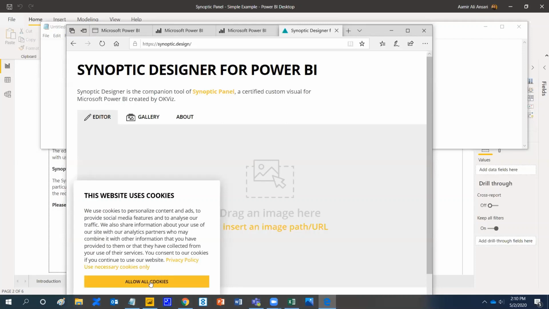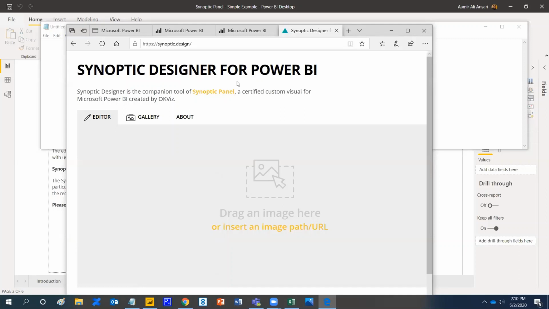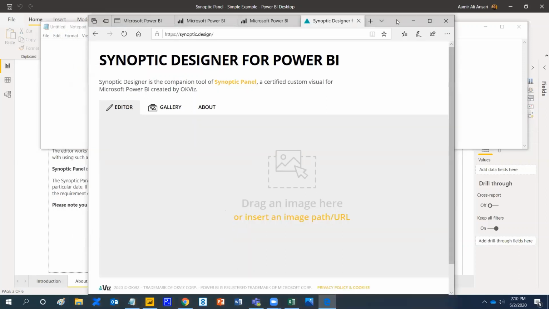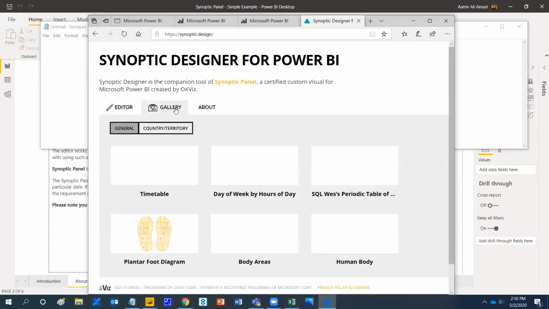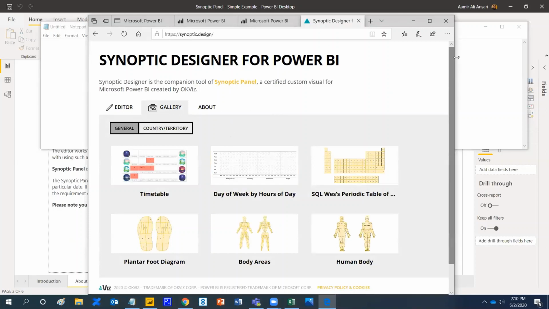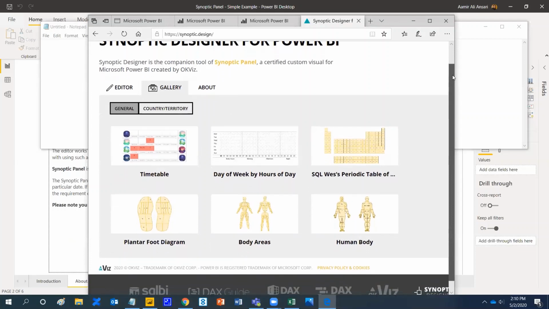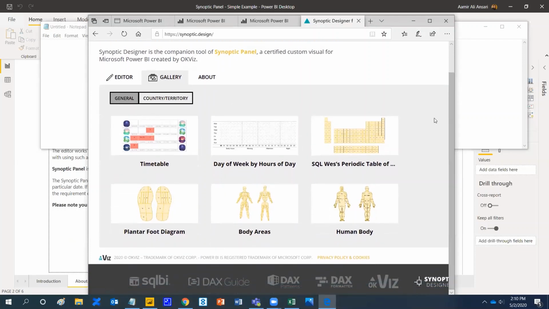So if you see this Synoptic Designer screen over here, there is a gallery. And within this gallery, there are so many pre-built SVG images which are mapped properly. And you can use those images to